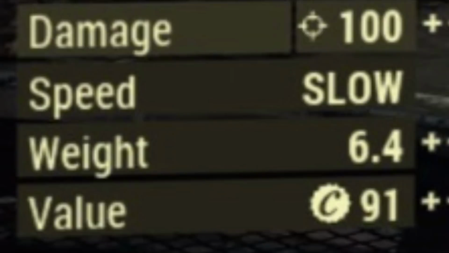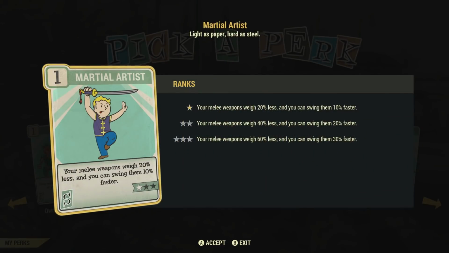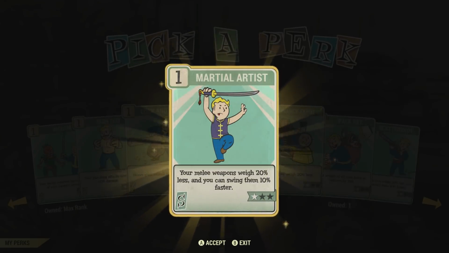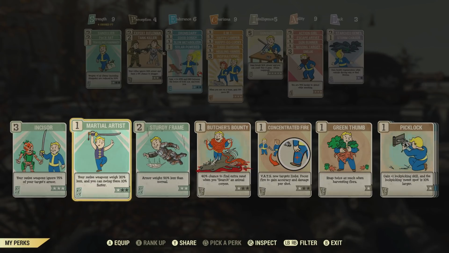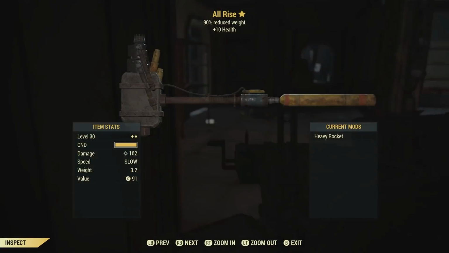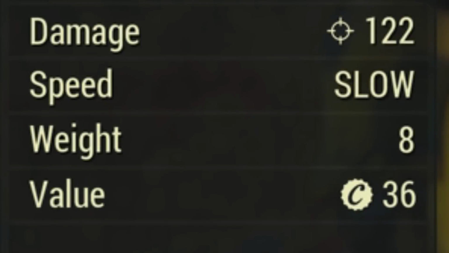The speed is slow, and do note that the weight appears to be 6.4, but this is only because Scott has 1 rank of the martial artist perk card, which increases his swing speed but also decreases weapon weight. For example, I have all ranks of martial artist to increase my swing speed, and on my character the weight of All Rise is 3.2, but with no perk cards affecting weapon weight, it says 8,